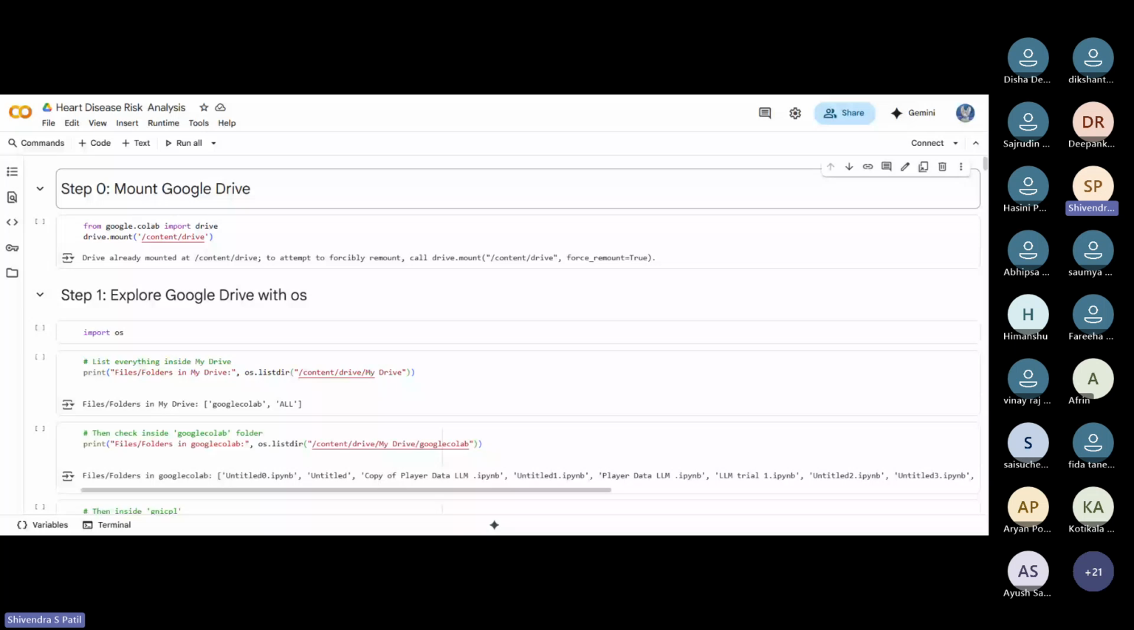Then I came across the income versus the spending score, to see the relationship between